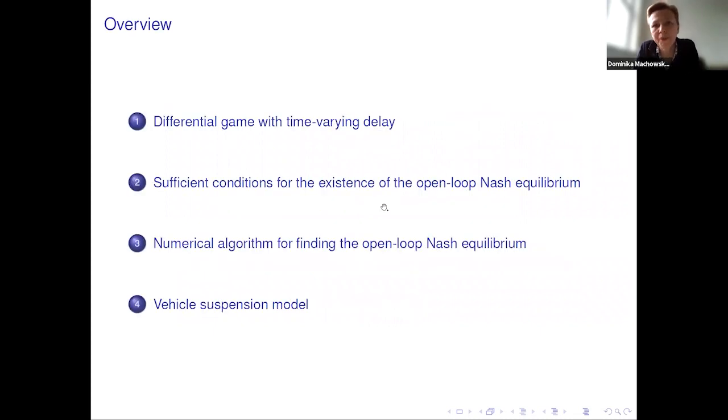So today, first of all, I formulate the differential game with time-varying delay. After that, we prove the sufficient condition for the existence of the open loop Nash equilibrium, and thanks to this theorem, we are able to formulate the numerical algorithm for finding the open loop Nash equilibrium in finite steps. And we use this tool on a model of vehicle suspension, not in advertising, but today in the vehicle